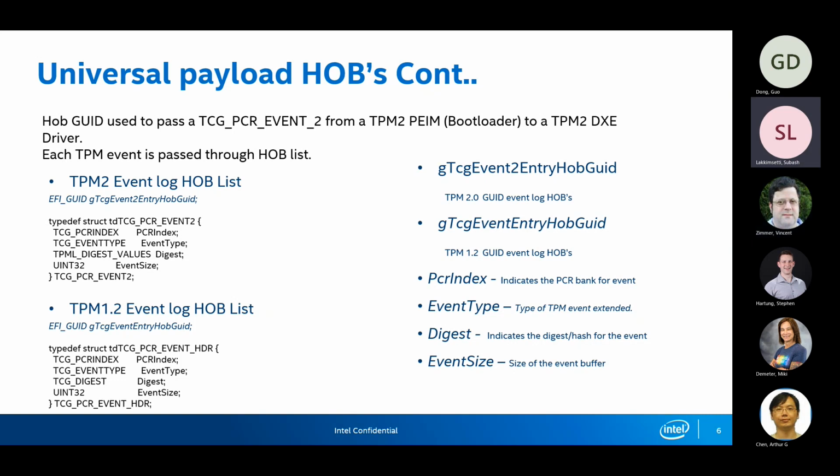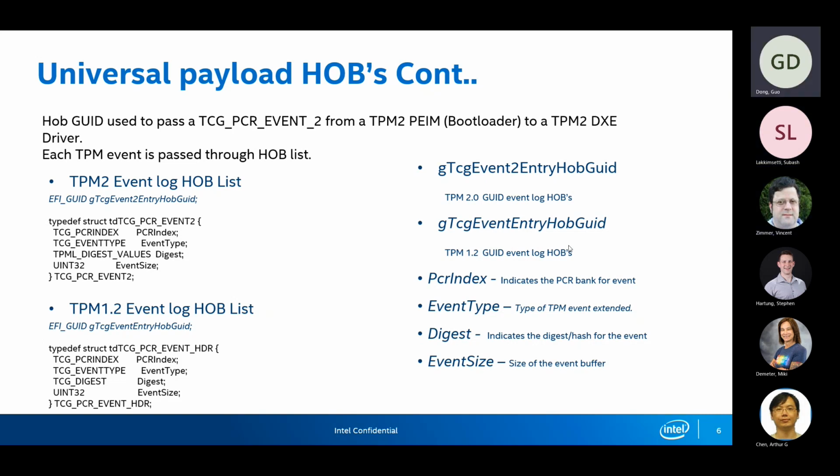Sure, definitely, because these hubs are pretty much as per the TCG spec. As I see, after booting, Grub also uses a similar implementation, because whatever the bootloader extends to an event log, Grub also extends to the same event log. Grub and shim layers. So this is pretty much standard. I will double confirm it and let you know, Vincent, whether this is industry standard or if there is a deviation.